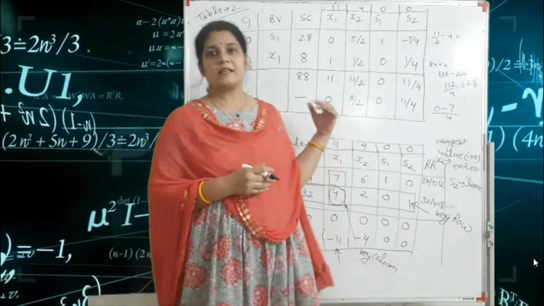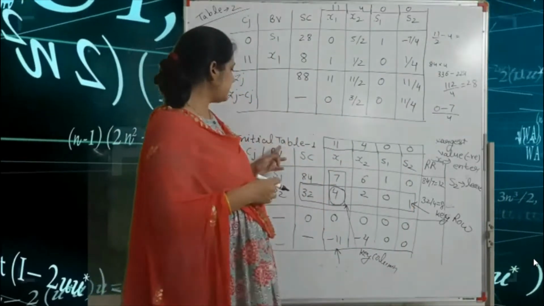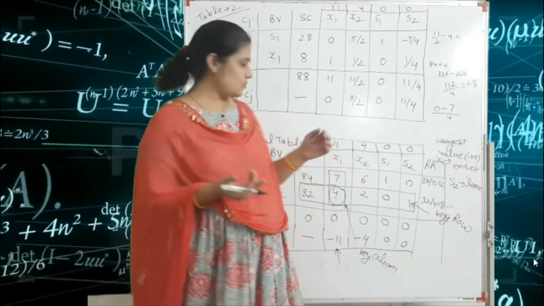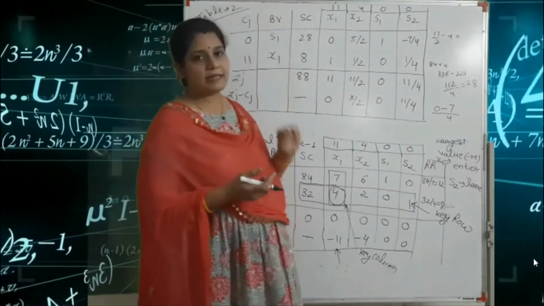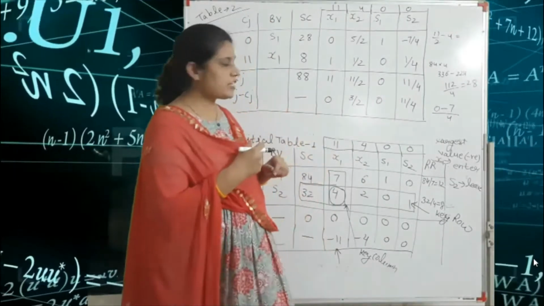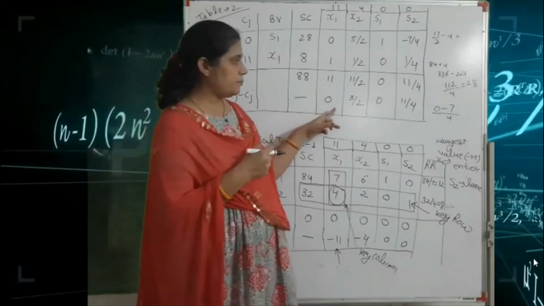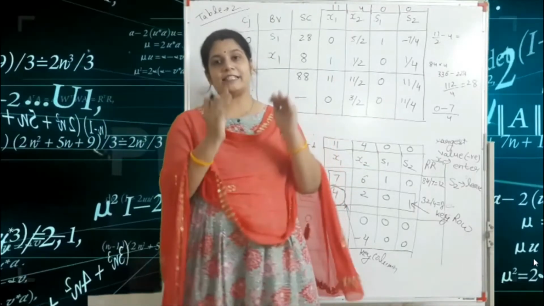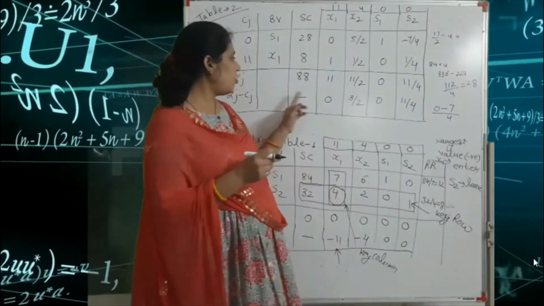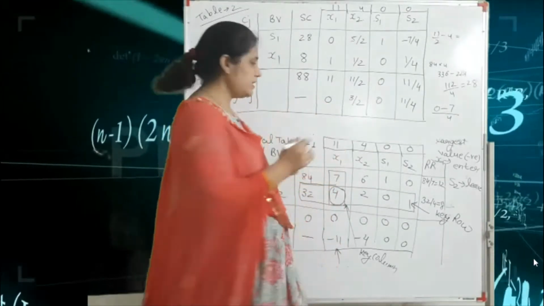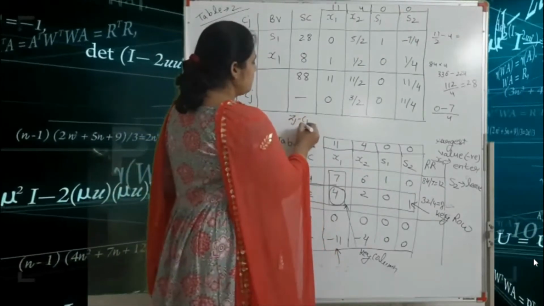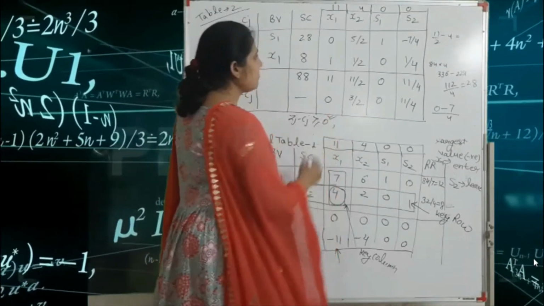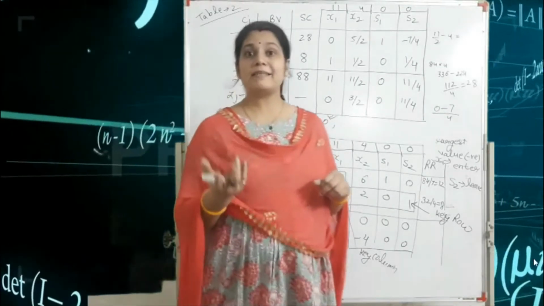Okay, so this is table number 2, and if we write here the initial table, this is table number 1. So as you wish, you write here table 1 or table 2. Again you check here Zj minus Cj. If Zj minus Cj is greater than or equal to 0, our iteration is completed. So here all the values are positive, that means our Zj minus Cj is greater than or equal to 0. So this condition is satisfied because our question is given in the maximization form.